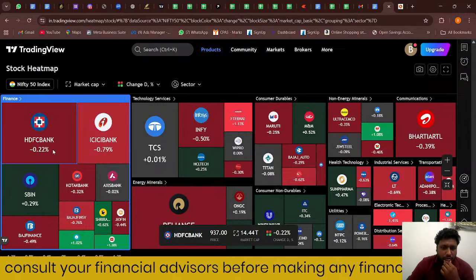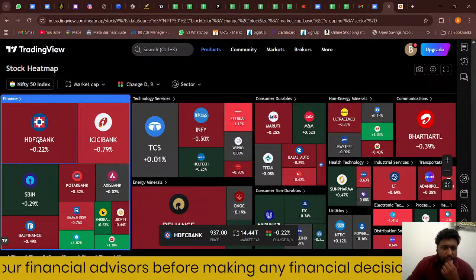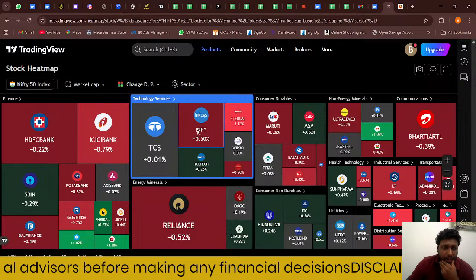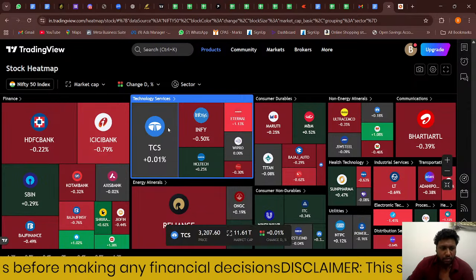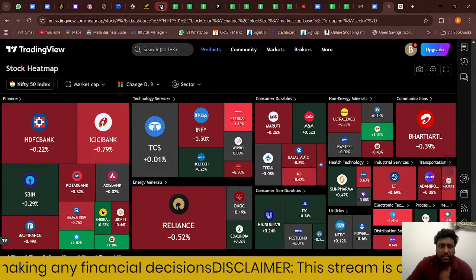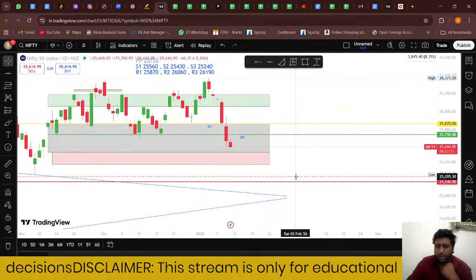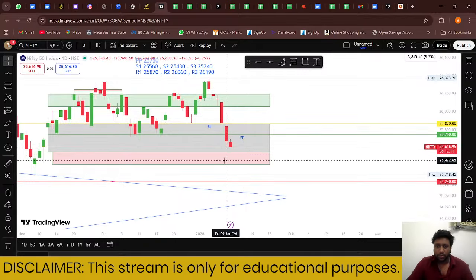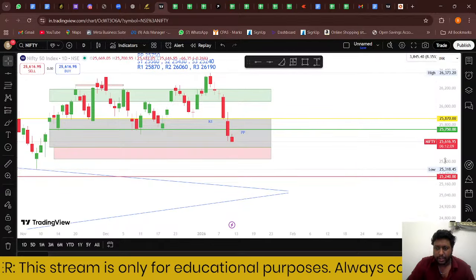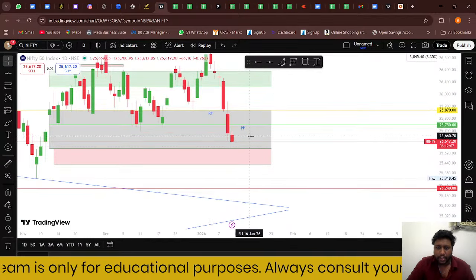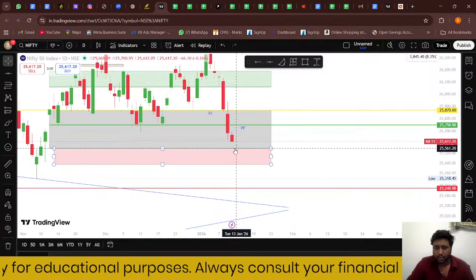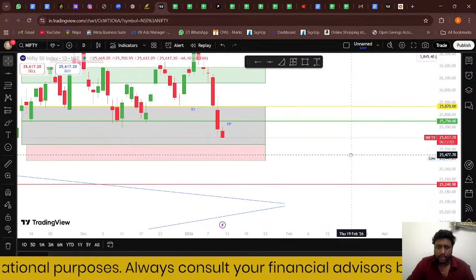On the heavyweight stocks as well, both the banks, ICICI, HDFC, and even the IT sector is also dragging it down. So it shows bearish sentiment in the market overall. If we see that, we can plan the trades accordingly. The market itself is going down. If it is not giving a retest at this level, we can plan a trade from support 1 to support 3, and we can plan it accordingly.